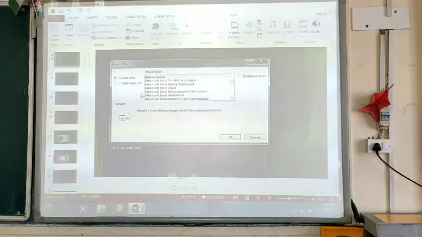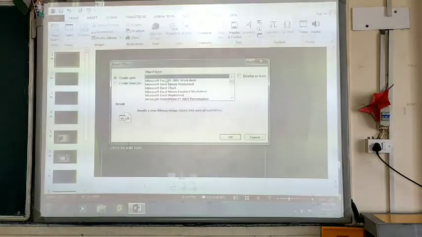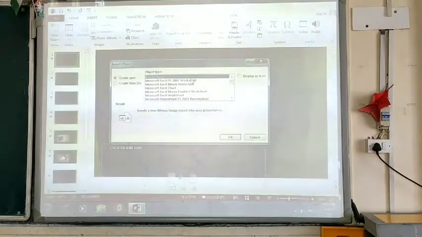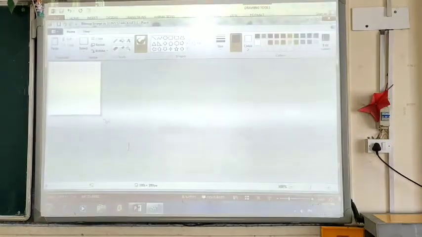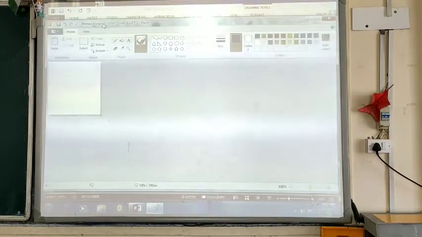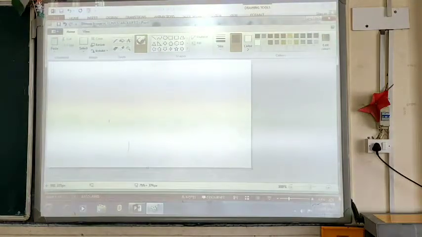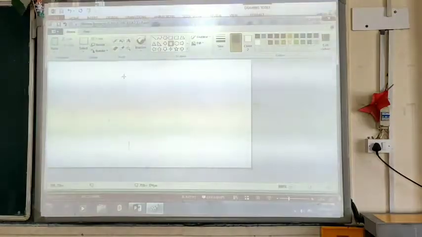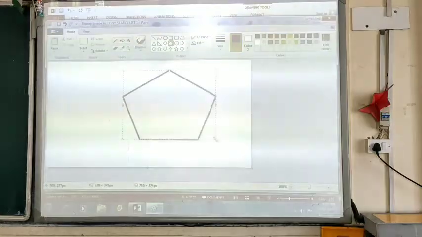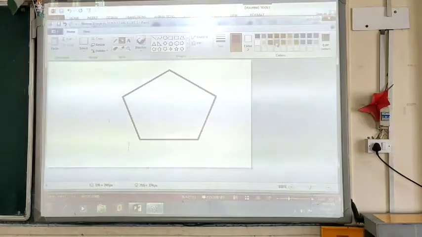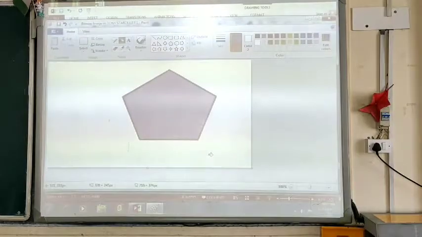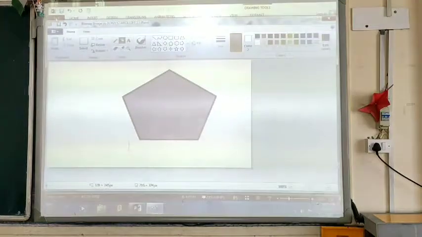So suppose we choose Create New here, and I have selected bitmap image, and done. Now you can see a Paint program opens on your screen, and suppose I have created this image.